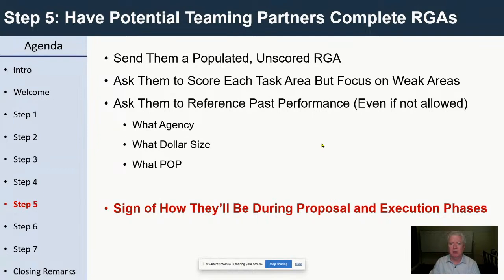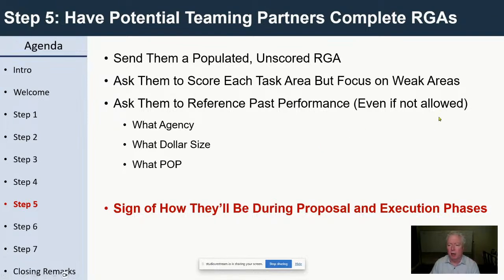I don't need the details of the contract beyond that, right? The dollar size, the period of performance, the agency, that's all FPDS data, basically. So it's public data generally. And so I just want them to tell us which task orders or contracts are covering down on those task